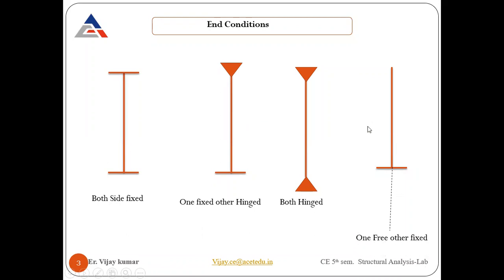These are the conditions that we have seen in the theory part as well, and we are going to perform their analytical and experimental analysis, see how they deflect, and try to draw the deflected shape on the graph after applying the load on the column depending upon their conditions. So if you see, after applying the load P, that is the deflected shape which is going to be made here. That's how it is going to deflect, because the fixed end will not allow deflection at the start end, where the column is fixed. So the deflection will be somewhere away from the fixed end.